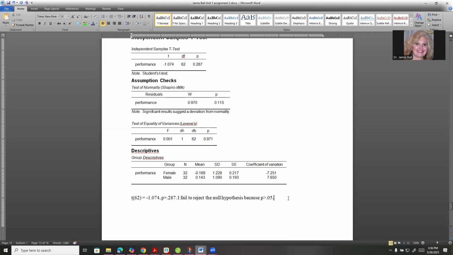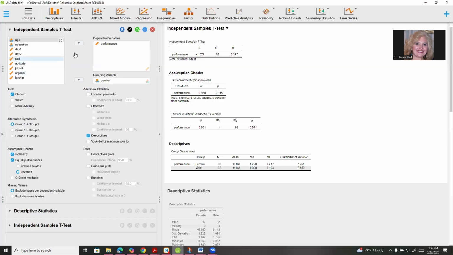Now let's say I found something and I had a significant difference. I'm going to go back to my t-test. I'm going to add an effect size. See that over here? Here's the effect size. And I'm going to use Cohen's d because Cohen's d is my favorite. And an effect size, that means how big of a difference is there? If there's a great big difference, it'll show up with the effect size. Well, here's Cohen's d, minus